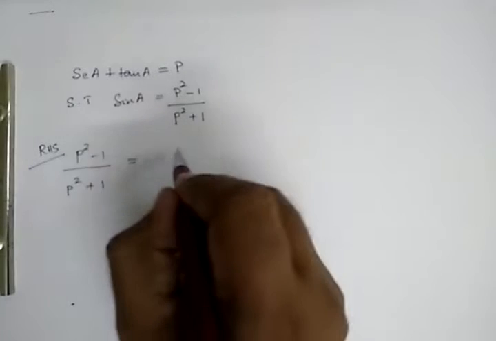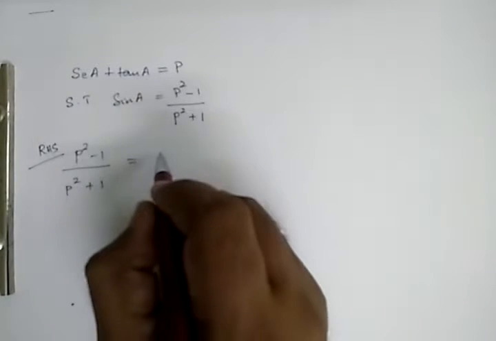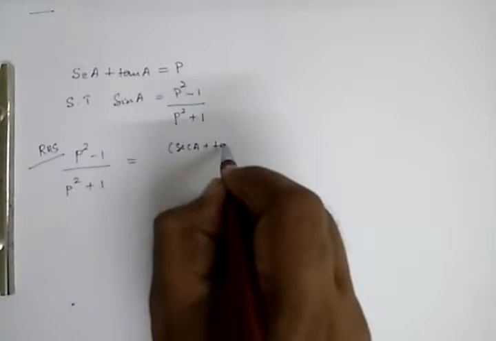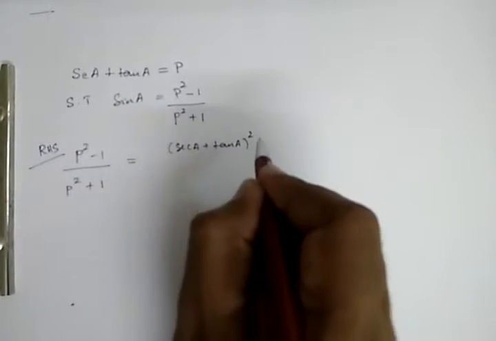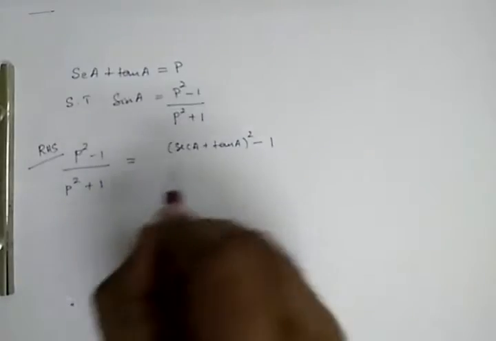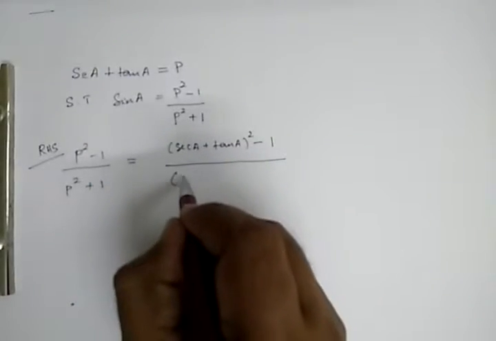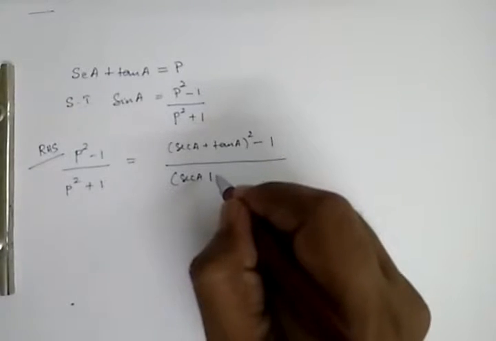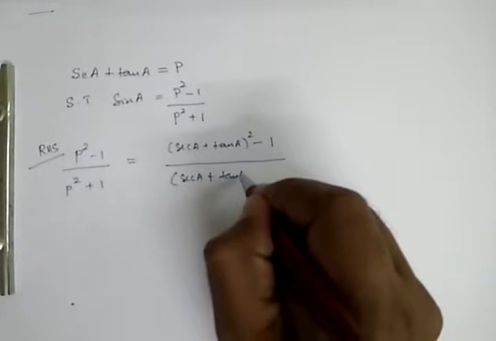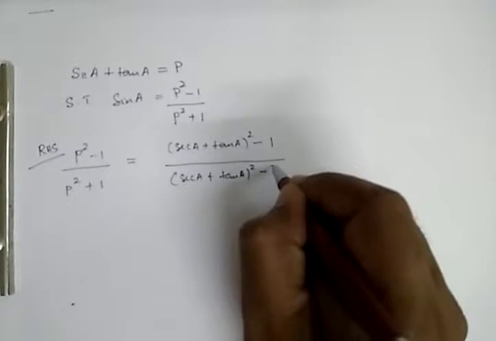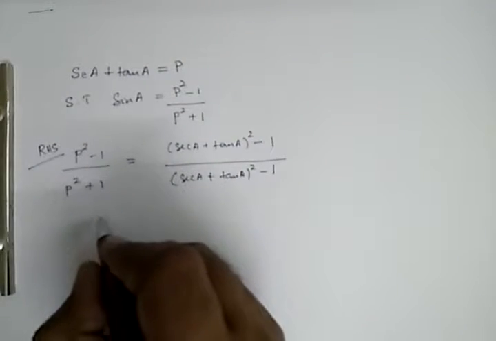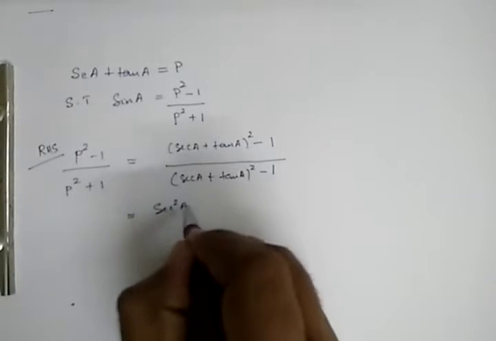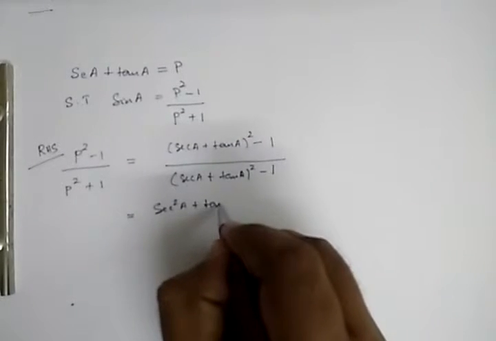This is equal to, instead of P, let us substitute secant A plus tan A. So it is secant A plus tan A whole squared minus 1 by secant A plus tan A whole squared minus 1. So now expanding this, you get secant squared A plus tan squared A